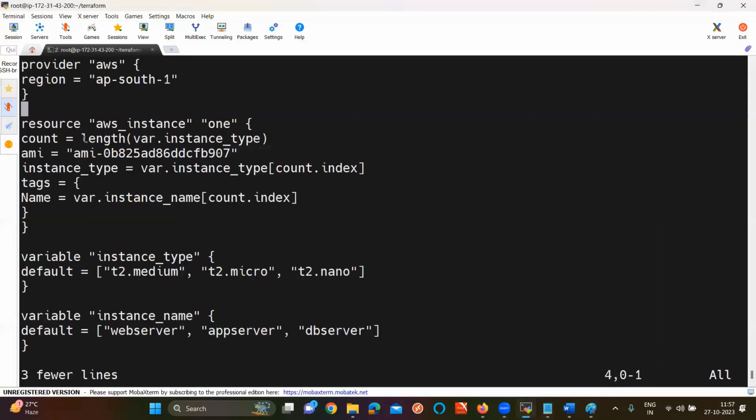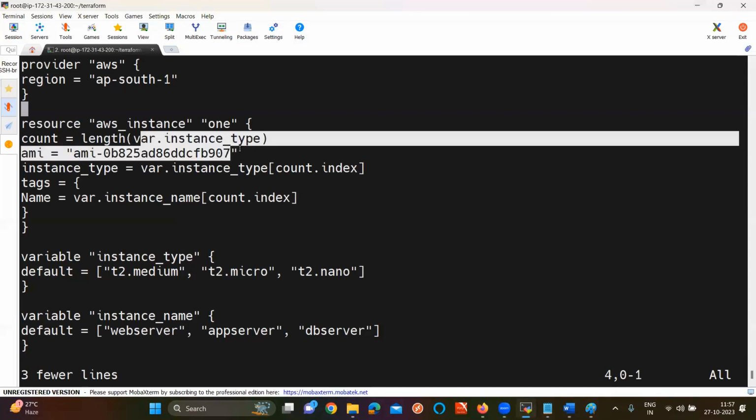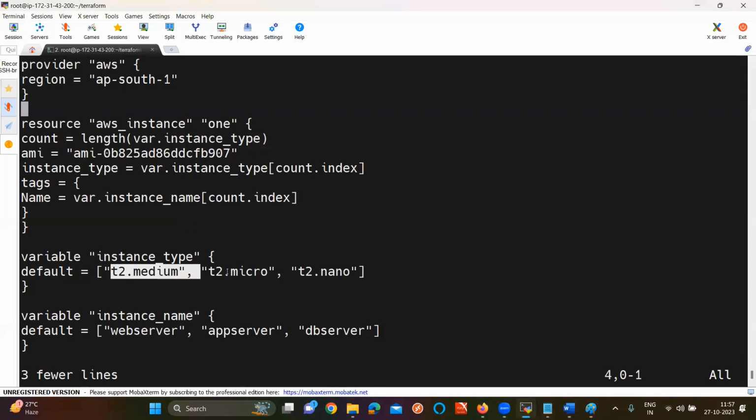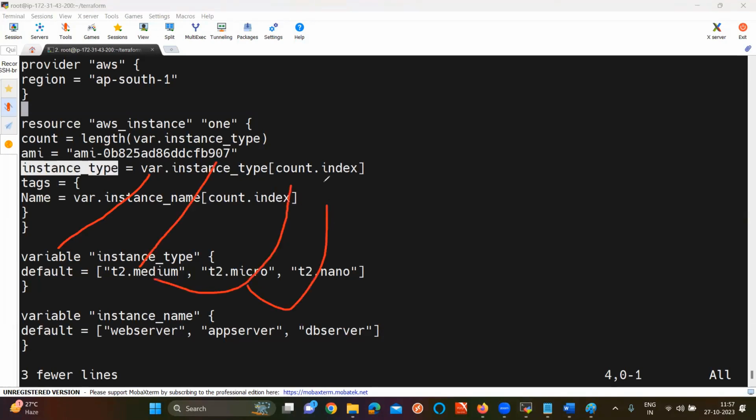But before that, sir, count I am taking from where? What is the count value here? That means number of servers are going to be 3. And coming to the instance type, I am taking from the variable block. What is the first value here? T2 medium. Second value? Third value T2. Coming to the name also, I am taking from variable block.